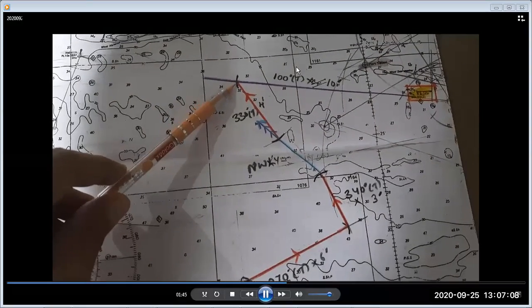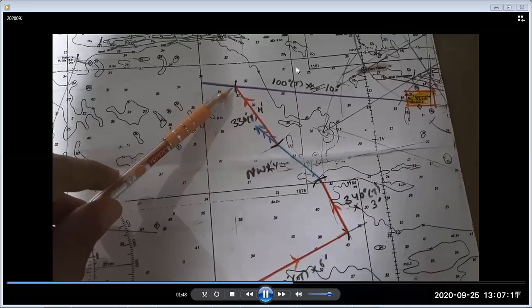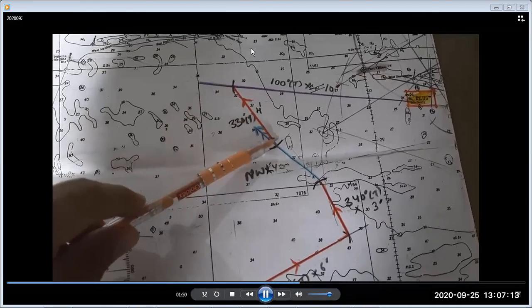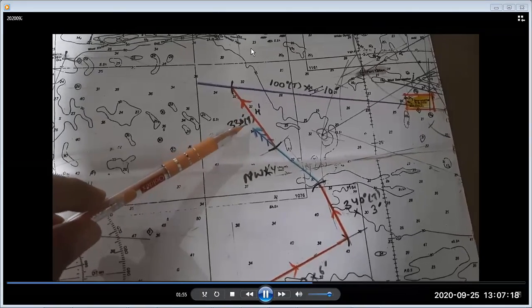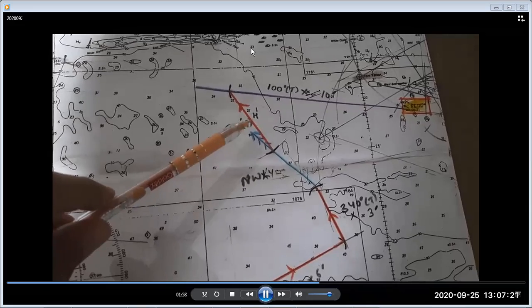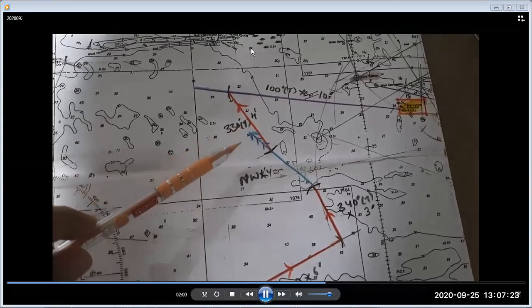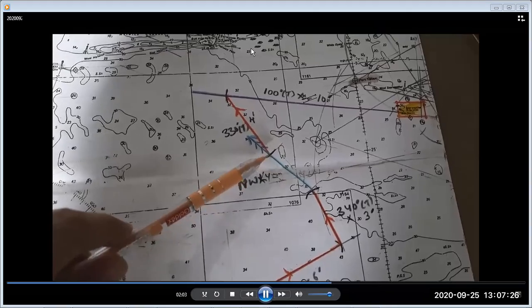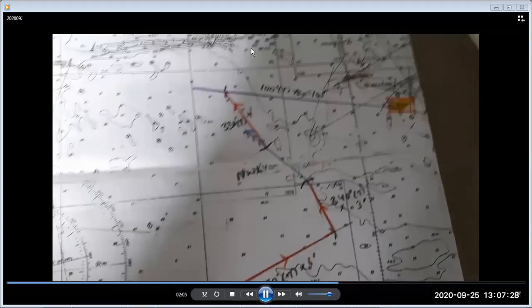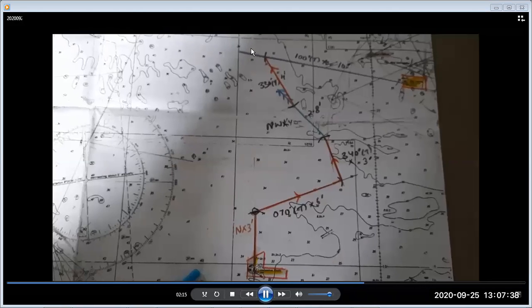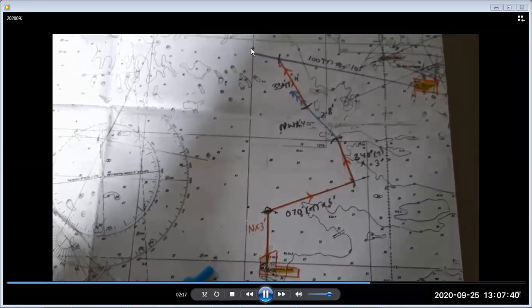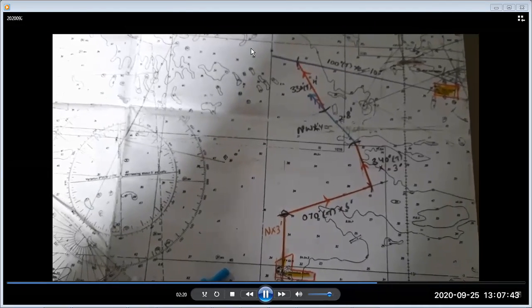So for the vessel, we don't know this course, but we know the time. So from here we plotted an arc of 4 miles and we measured this course. This is our 330 degrees true, that is our 4 mile course. Now to measure the rate, we will measure this distance. So this distance is 2.8 miles. So our rate is 2.8 for 1 hour 5 minutes. So as per that we will work it out for 1 hour.